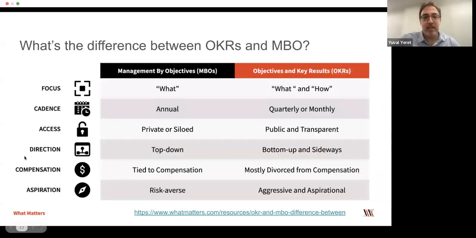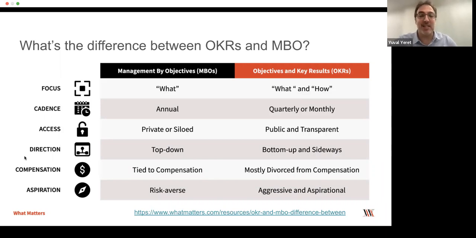They lose the beauty of OKRs, which is to achieve alignment while providing autonomy. At that point, the way organizations use OKRs is actually more similar to the precursor to OKRs, which was called MBO. If you've been around the block for a while, you may be familiar with MBOs that focus on the what. They're top down, they're not providing a lot of space for aspiration, and they're not really providing the space for people to come up with innovative ideas and for empiricism.